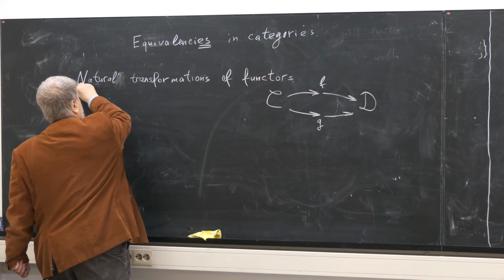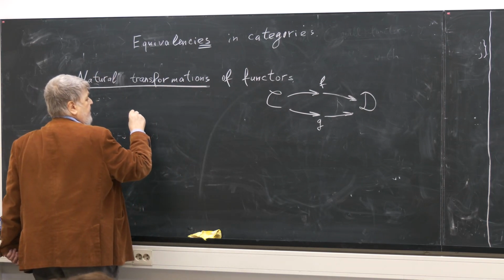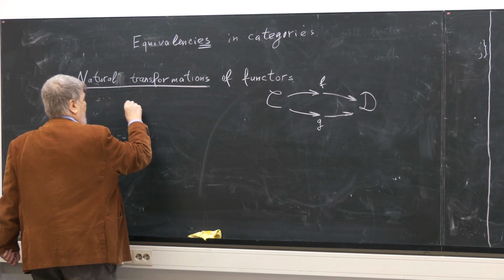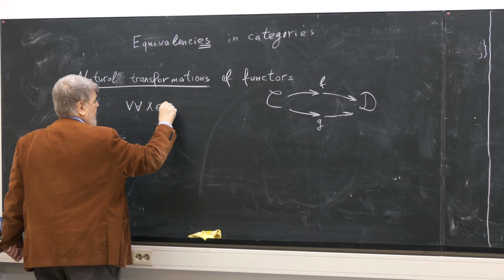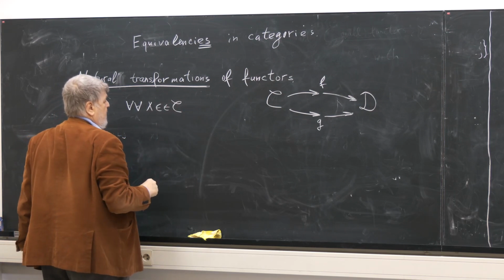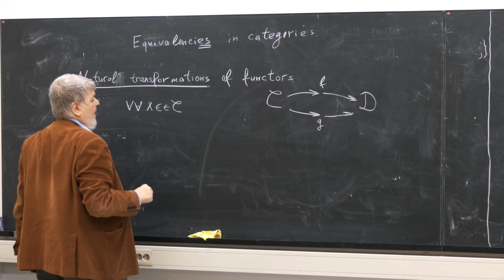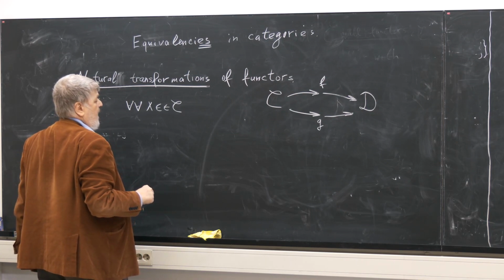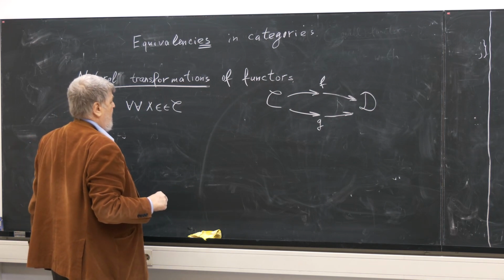So this natural transformation is a system for any object in the category C. We have a morphism, and I need a while to